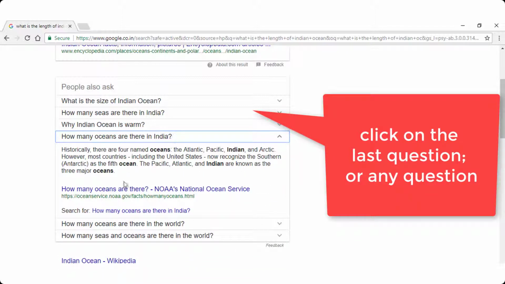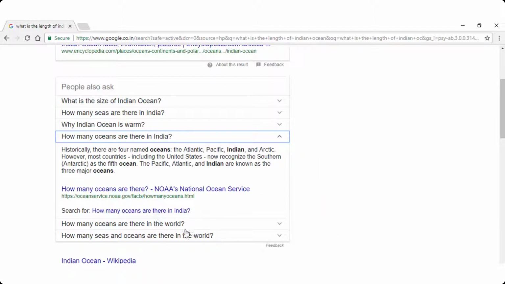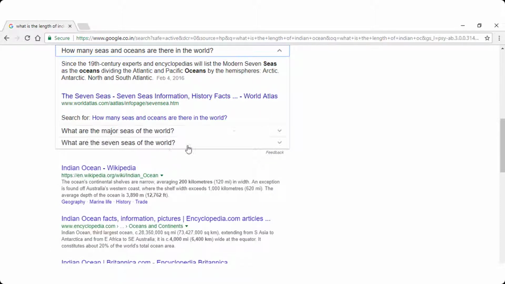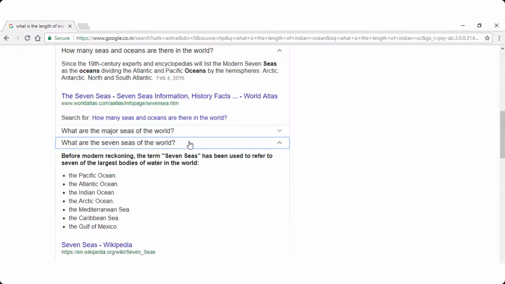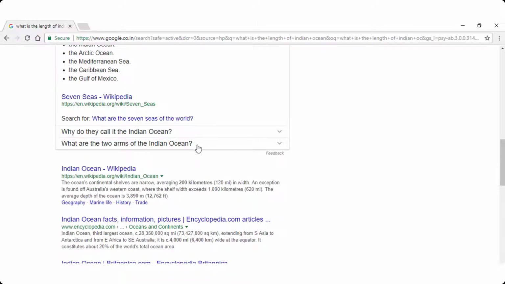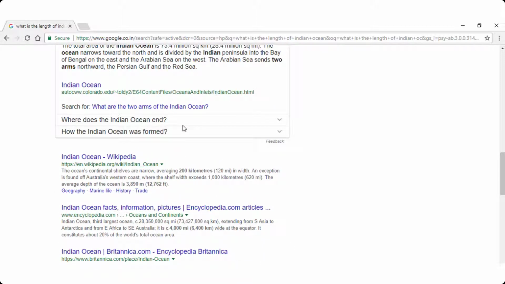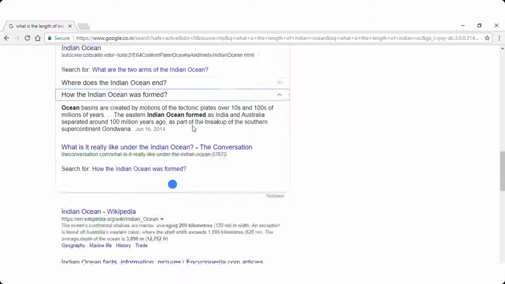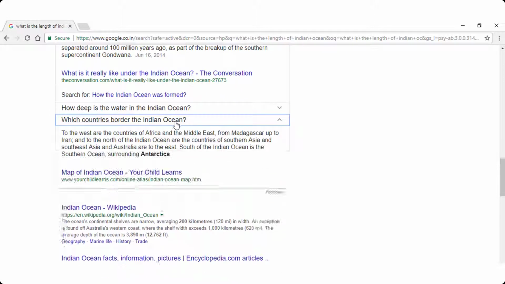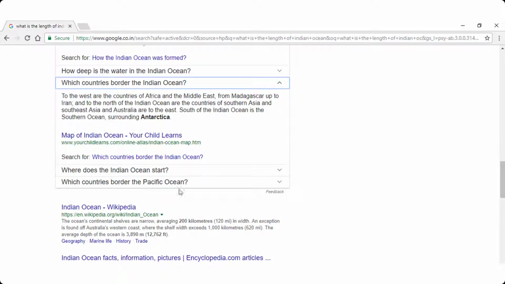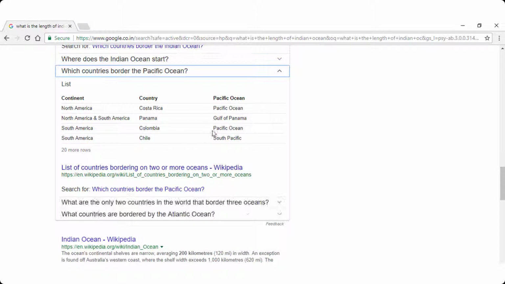You will notice that more questions pop up under the last question. Click again on the newly added last question in the list. You will get even more questions beneath that question. This way you get to see all the similar questions and its knowledge cards without navigating away from the search results. Not only does this save time, but also adds more to the initial result of our query.